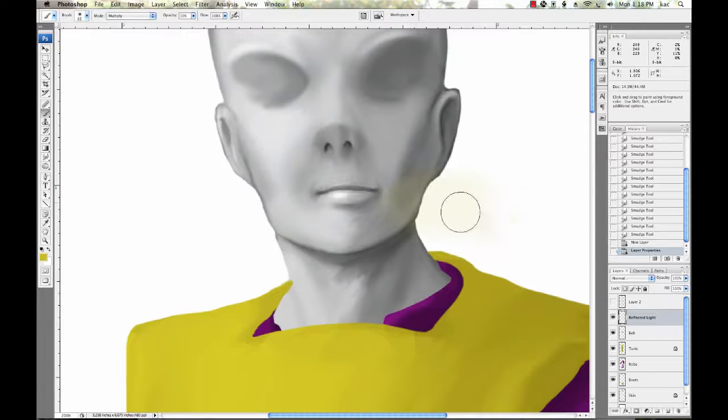I don't want to paint it everywhere. I don't want to paint it out here because there's nothing for that light to reflect on. So what I'm going to do is I'm going to constrain my painting area to where the skin is. And the easiest way to do that is to go down here to the skin layer. And if I command click, or control on a PC, on that skin layer, I have loaded